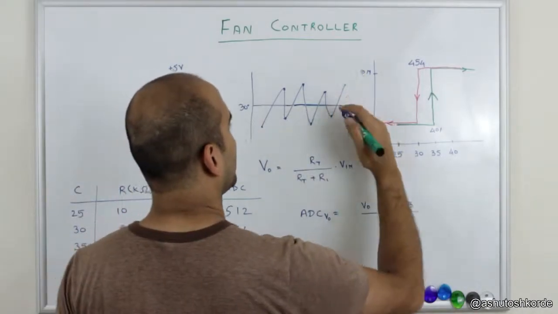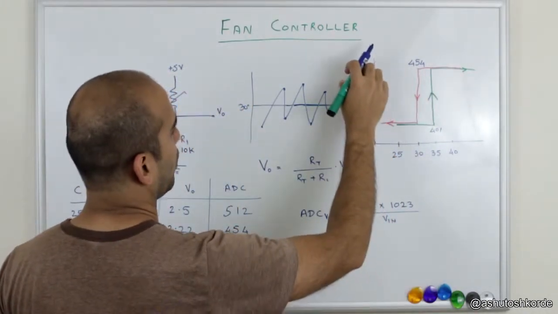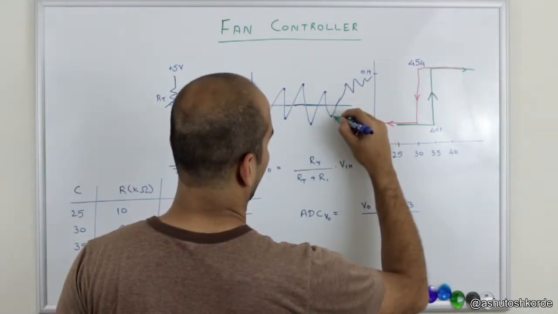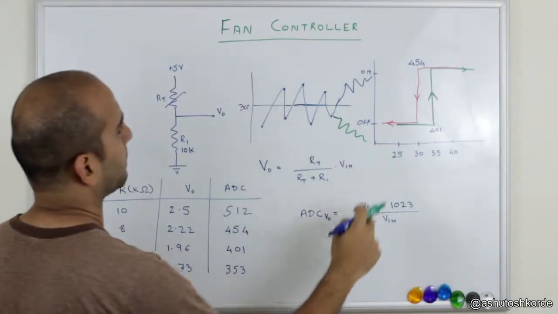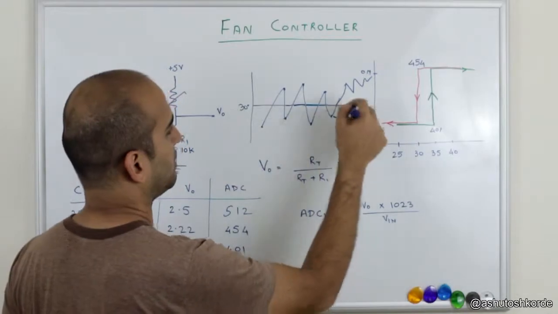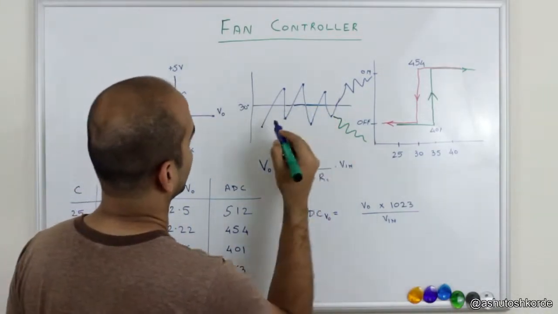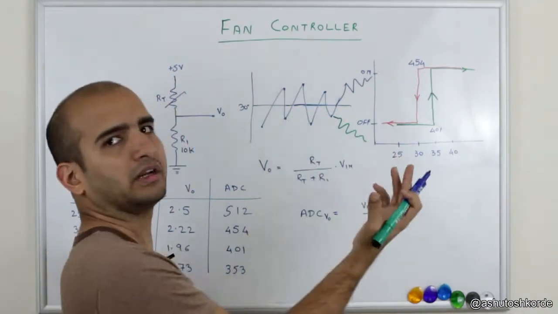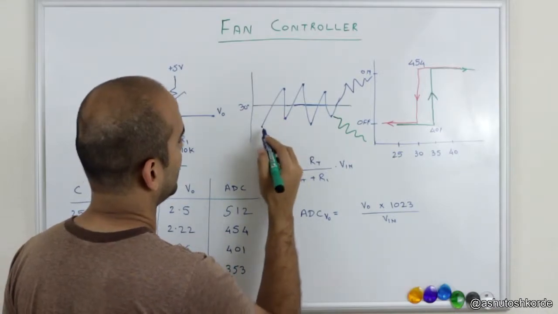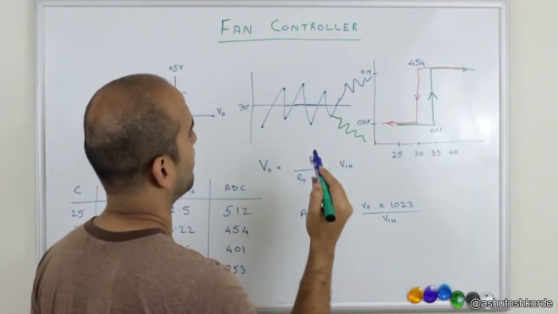And this will continue till the noise goes sufficiently over or under the 30 degree line, which is our pivoting line where we turn on or off the fans. Now consider this scenario here where we are around the 30 degree mark and we sample every 500 milliseconds. So at this point we read some value, then after 500 milliseconds we read another value.